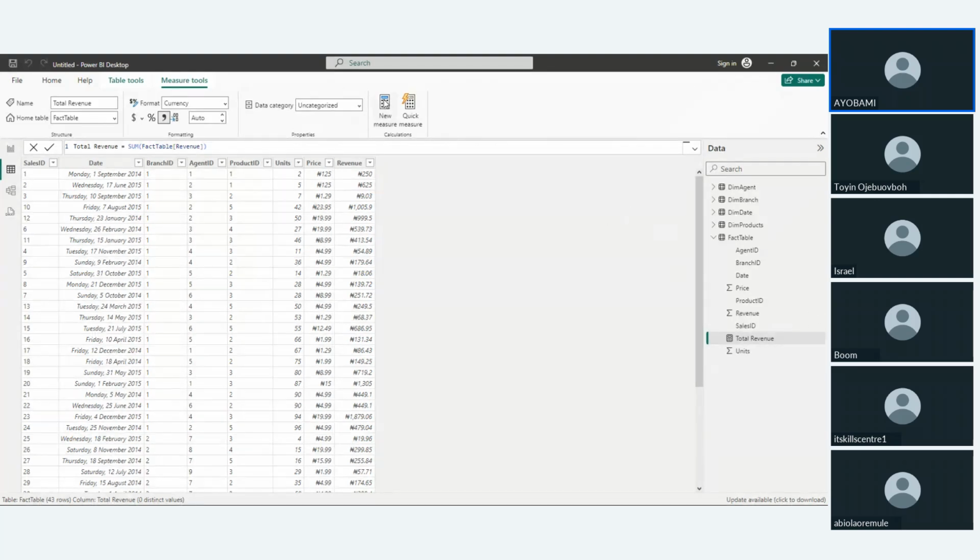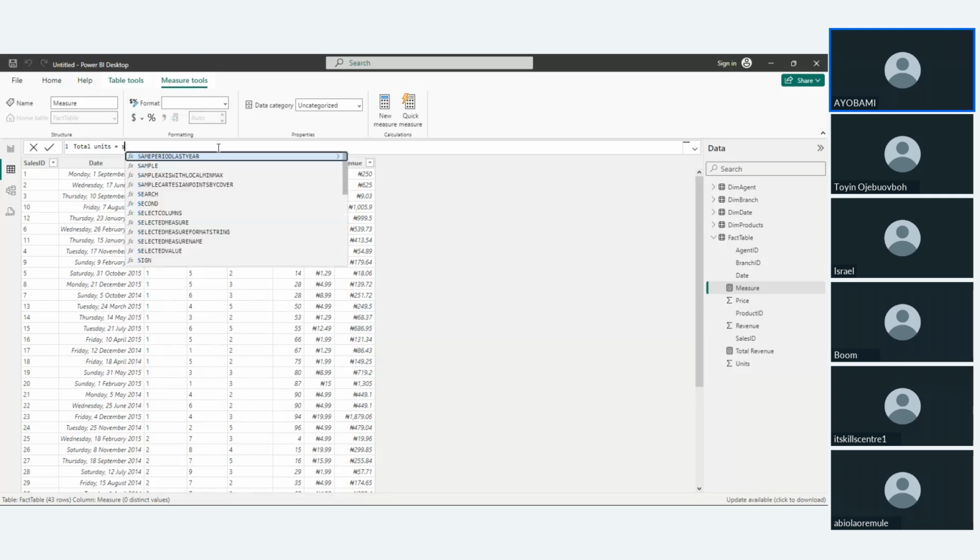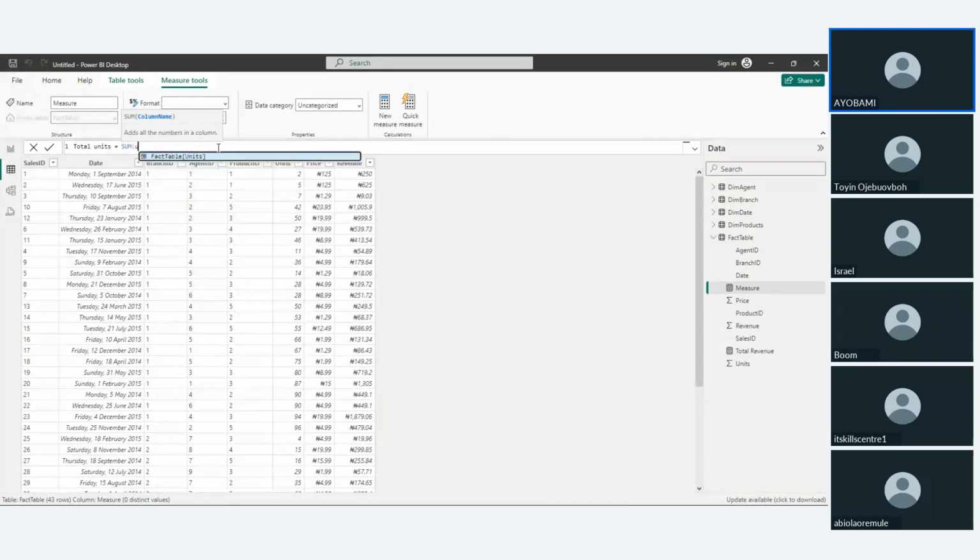So to do that, we'll be needing a new measure. So I can say total sold or total units sold. So total units now will be something like sum of units. Like I told you, it has to be table first, then column. So the units column is in this table, fact table. So it says sum fact table units. If I click enter,